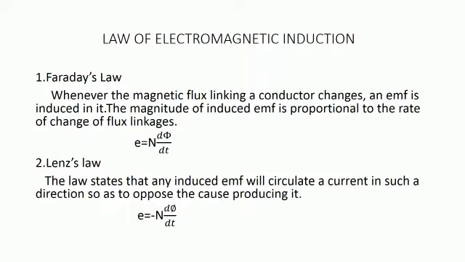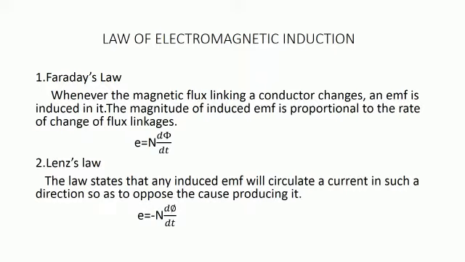Consider the magnetic circuit. There is one core, made up of iron or silicon steel. The coil is wound over the core. The number of turns in the coil is taken as N. When the supply is given, current flows through the coil. When the current changes, the flux also changes. So the flux linkage changes automatically and EMF will be induced in the conductor.